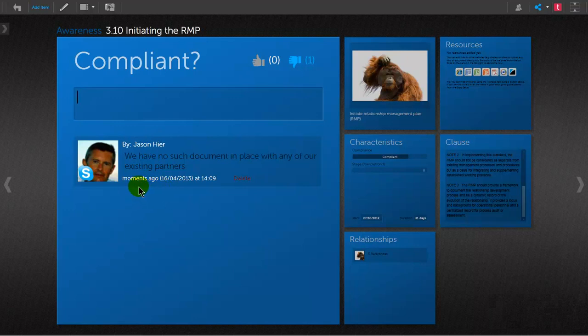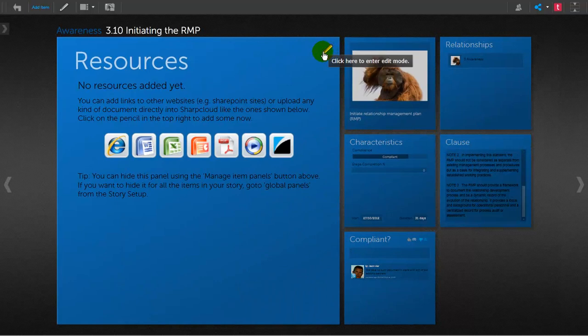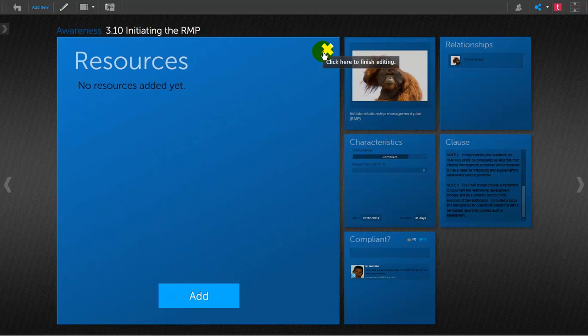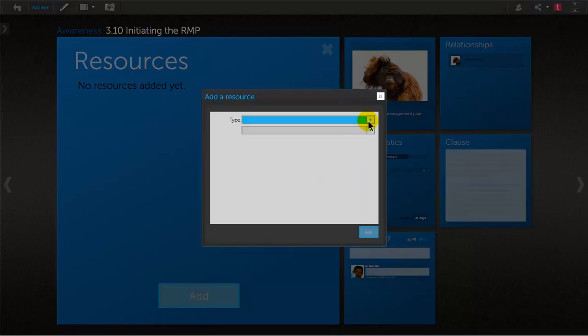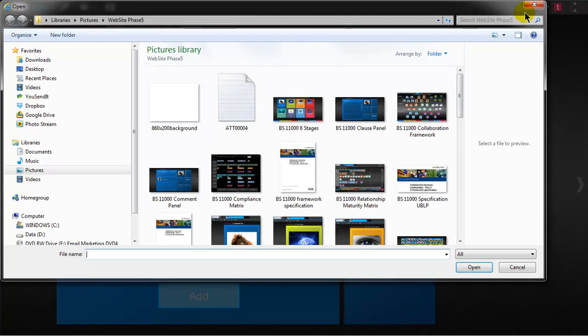So there's an audit trail of that. I could also add some resources where I might say, well, we don't have a relationship management plan, but if I thought there was a document that was similar or we could use, then I could actually make a link file or upload a file, so either create a URL link to it or actually get the document, put its name, and then I could select a document by document to upload, which opens up, and I could select the